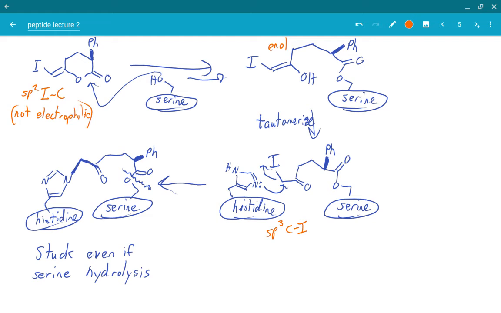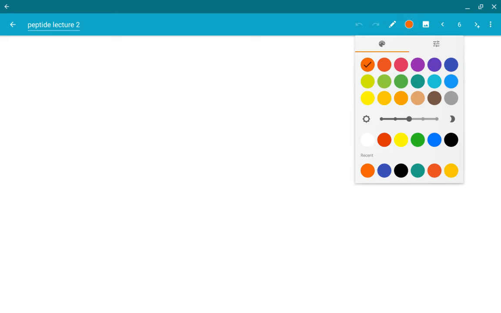And so this is kind of another level of control. There's no way for this thing to act as a generic alkylating agent. It will only get activated in the active site of the enzyme. I think I've got one more example that I might as well show, and then we'll kind of wrap this up